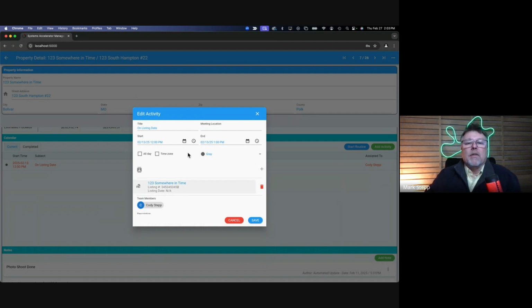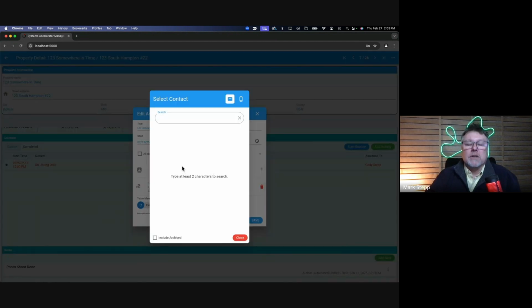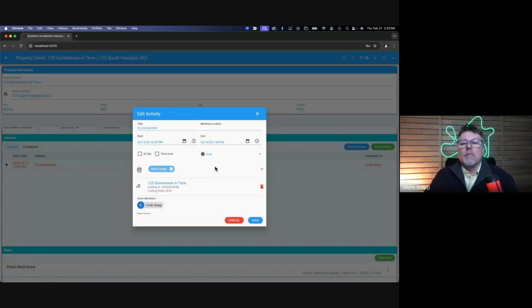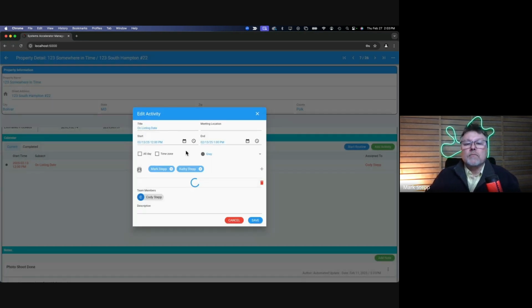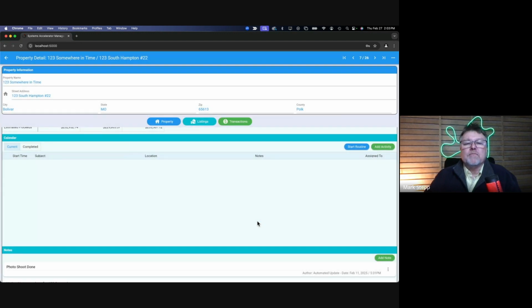So now this activity not only can be connected to a person. Let me also add Kathy on here just so you guys can see this as well. So an activity can be assigned to people. An activity can be assigned to physical locations, properties that also have listings and transactions. Whenever I do that,